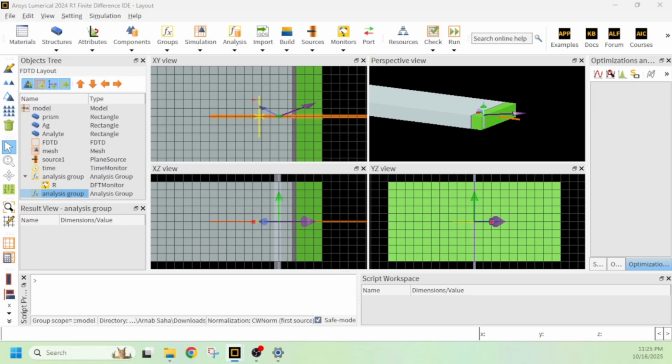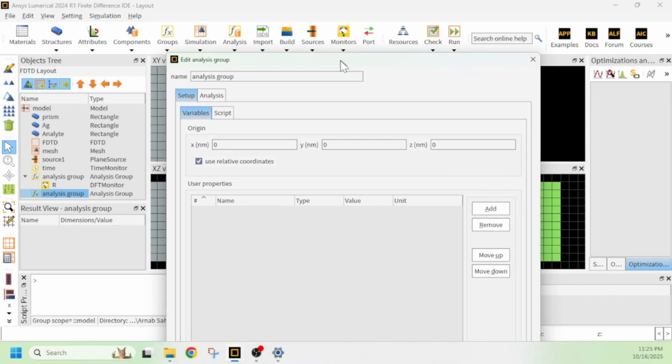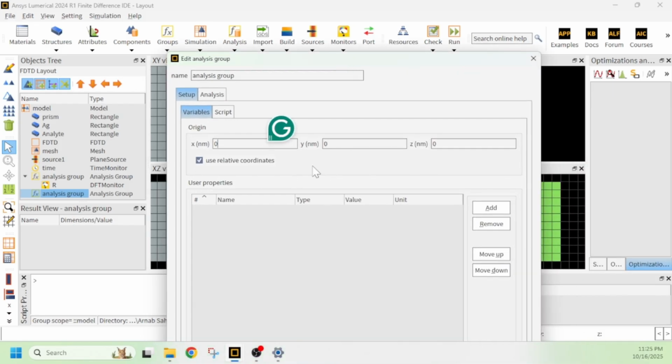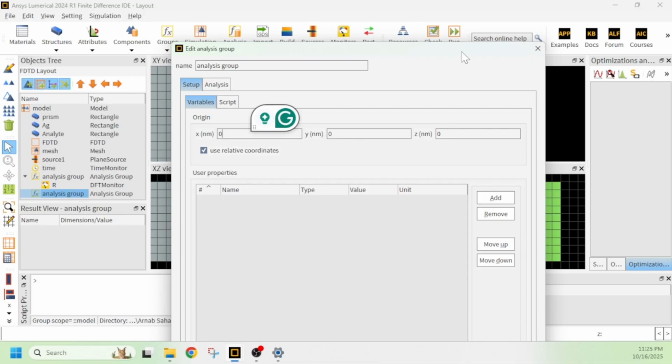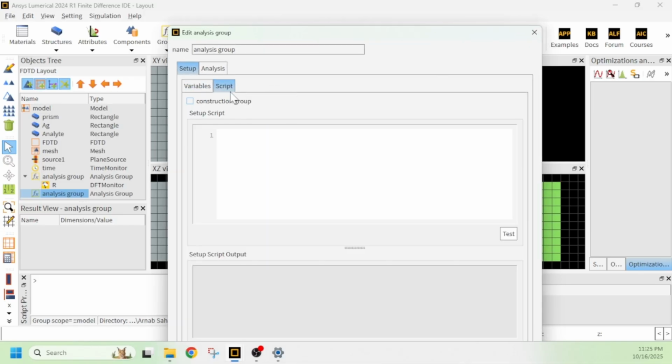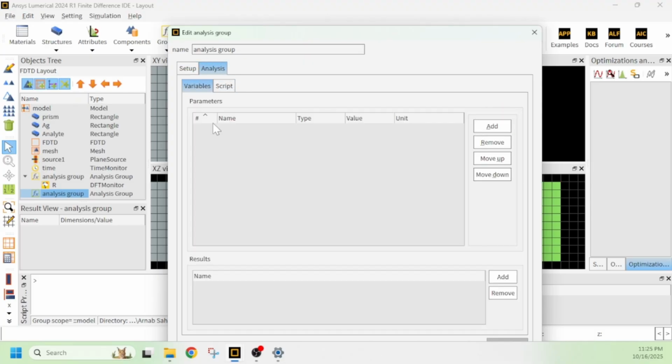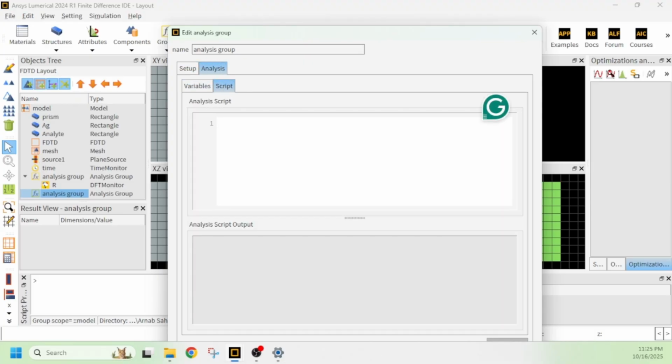Just from here, analysis group, I will record field data. I will make everything 0, because here I use the value of the metal axis at 0, so I will record the data from here, and it is 0, and I need to write the script file, that is like